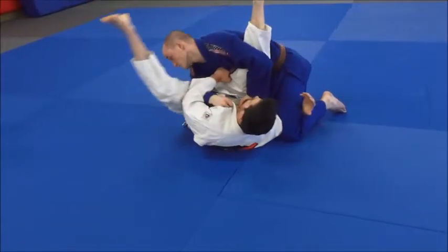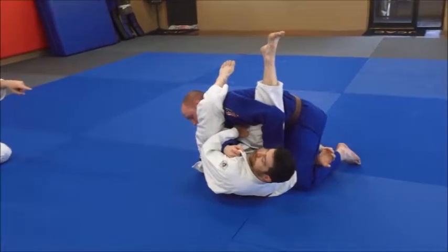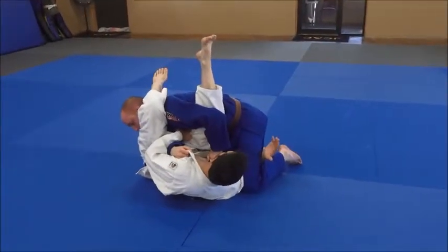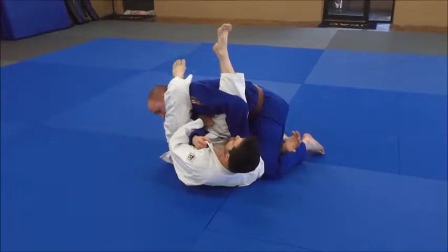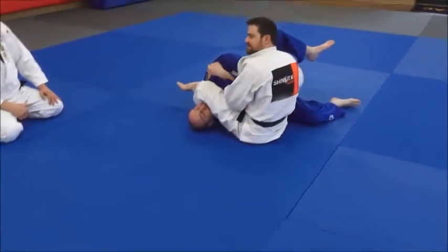The other foot comes around and clamps down on the head. That's important, guys, because he's trapping his head and upper body, okay? As I lift this hand up, I'm going to place this foot on the mat, okay? So don't hip up immediately trying to flip them over. Just stomp your foot down and lift your hand up. That gets you up nice and easy